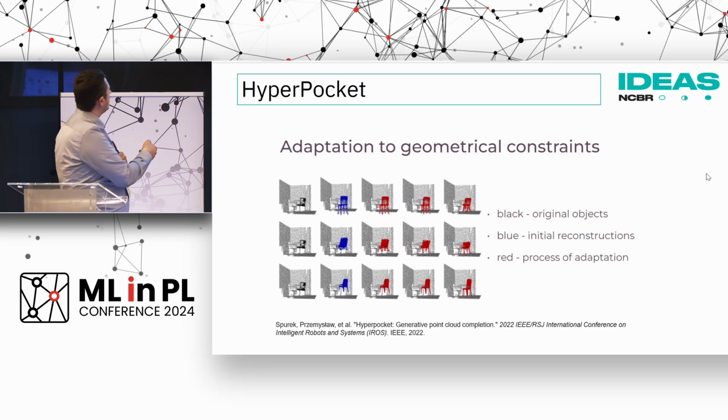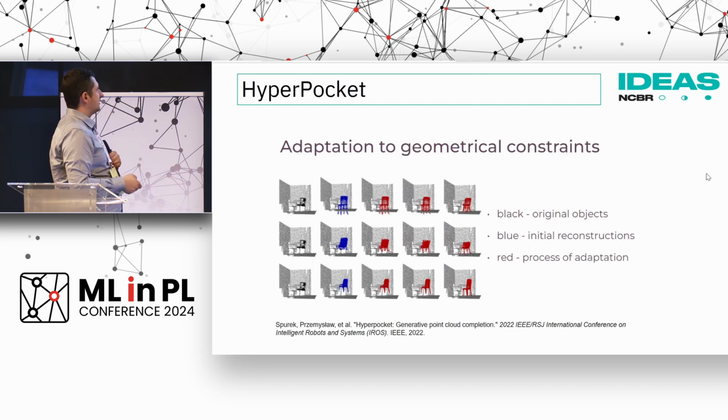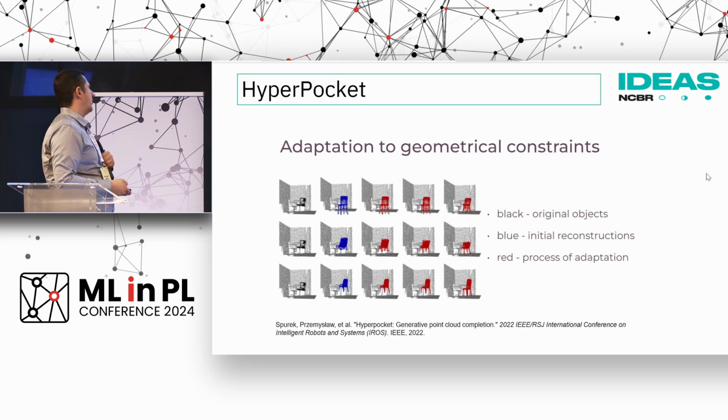And thanks to it, we are able to produce the missing part of the elements. But sometimes it's problematic because the legs can be too long or too short. And it's a problem because this model doesn't have any knowledge about the environment. So we add a module which takes some constraints. The floor constraint is quite easy because we say that the floor is on level 0 and that's all. And we optimize it in such a way that the model can correctly change the legs to be consistent with the